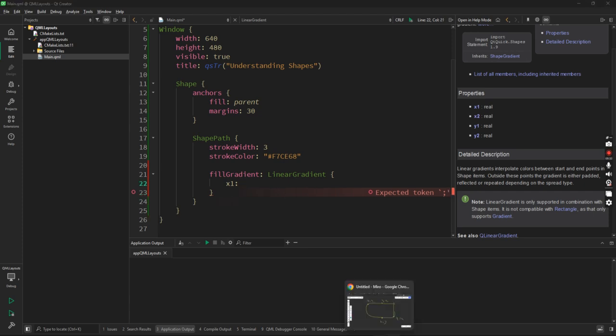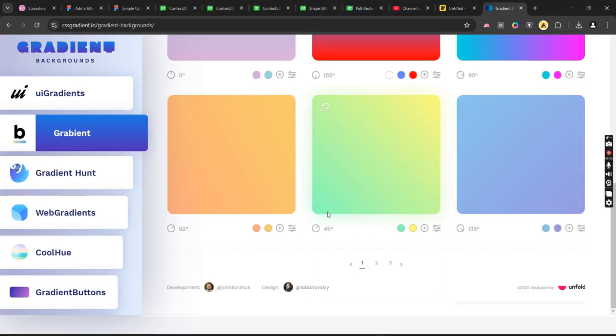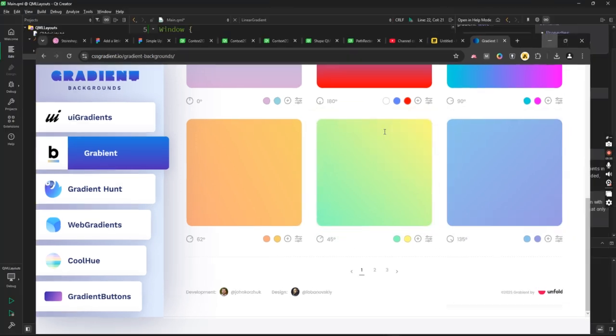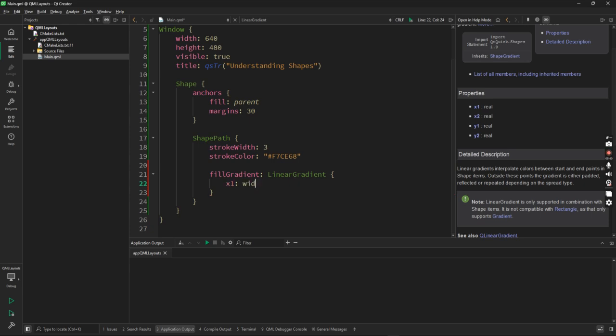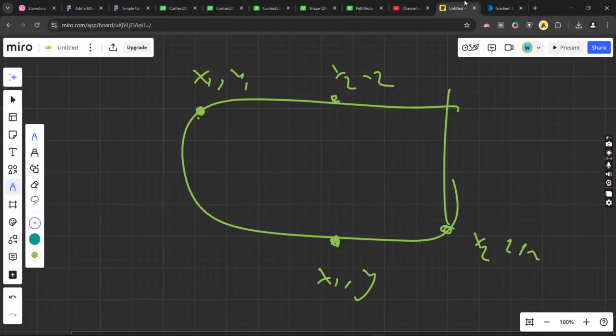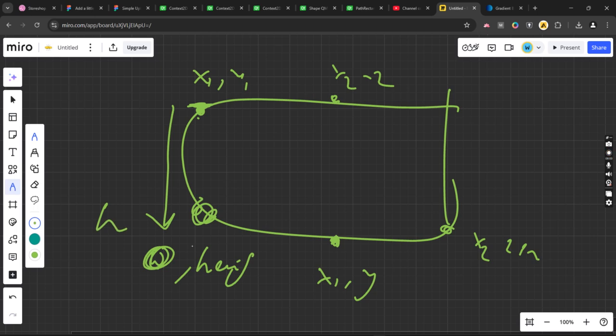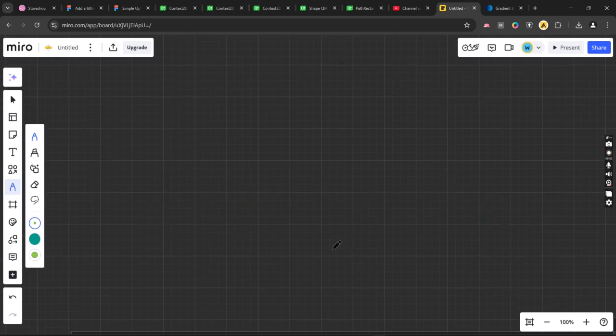I obviously want it to go from bottom left, because this is where the green color is, to top right. So x1 will be... no, x is 0 because it's bottom left. First let's define what x and y are, right? I wanted to start from here. Here the x is 0, and y is height, because here y is 0 and it goes up to height. So okay,